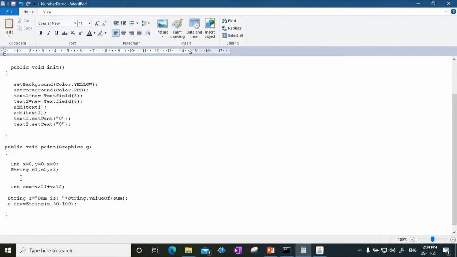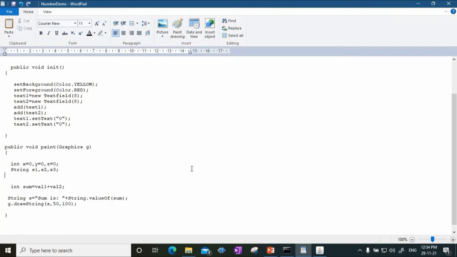Notice that now there is a lot of conversion that is required. First of all, the user has to enter input, but whatever input the user enters in the text box will be treated as string. So there has to be a conversion wherein this string data that the user has entered has to be converted to integer. I will be using a wrapper class called Integer, and I will say Integer dot parseInt, and I will specify that string. Although the user enters a number, it will be treated as string, so conversion is required.